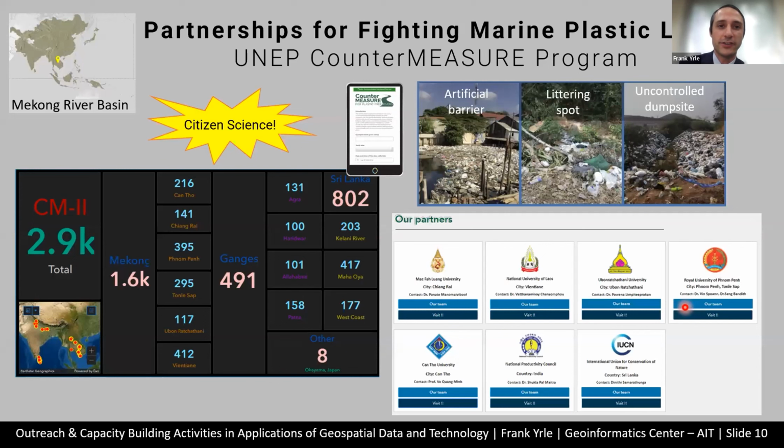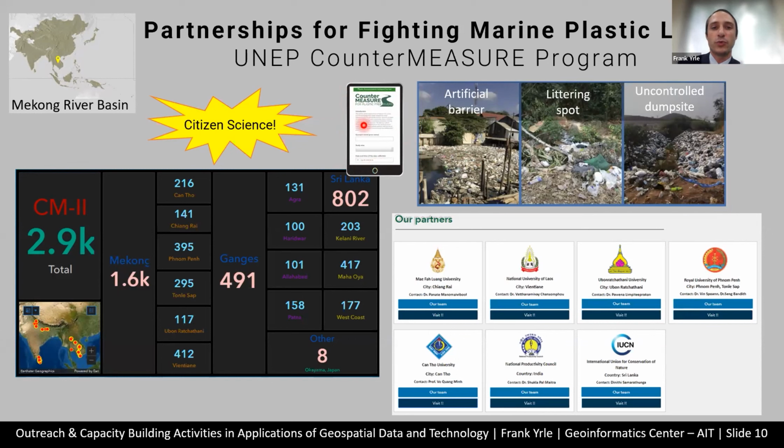And finally, I just want to mention, as Dr. Govinda was getting into before in his presentation for P-litter, part of the countermeasure project, one aspect we were doing was a mobile application.